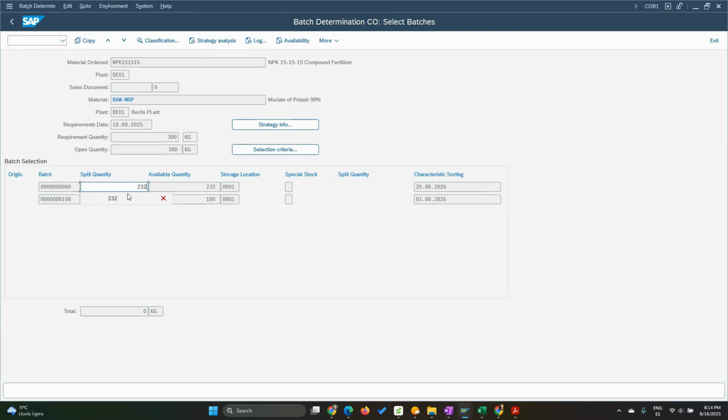So 232 in this case, and 68 we said, right? Yeah, let's pick up 68 from this one, because this is the one that's going to expire first, right? So let's pick up all the quantity from this one, and then we'll leave the second one that will expire later, right, with more quantities. Excellent, so we can copy,